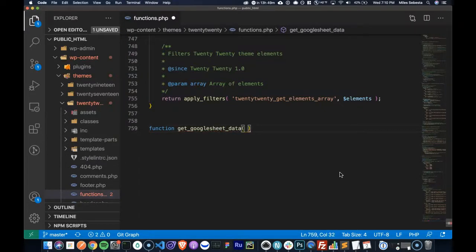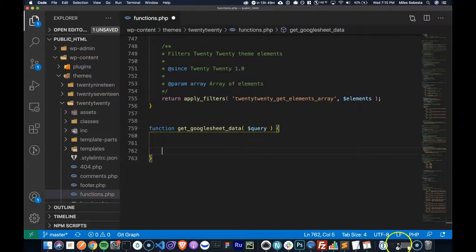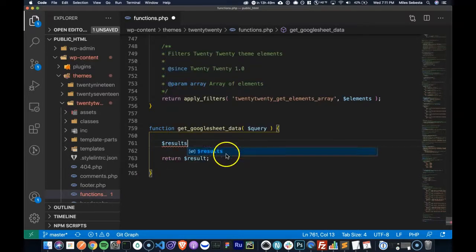In there, I'm going to be passing in a query, and then I'm going to return a result. So that's just how I like to set it up. I don't have a result set up yet, so I'm going to set my results. I'm going to name it plural, sorry about that, because it's more than one result. Let's say false.